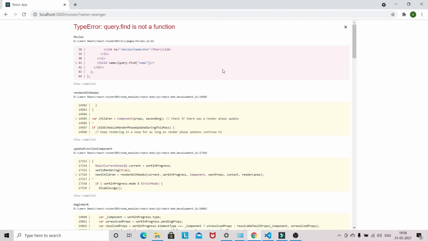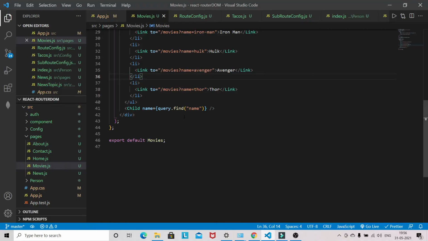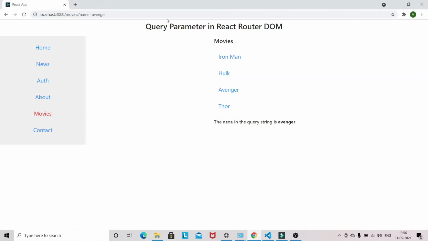Okay, query dot find is not a function. So find we don't have to use, we have to use query dot get. Okay, so let's see. The error is gone, and if I change to Iron Man, then the name in the query string is Iron Man. Likewise for Hulk, Avenger. So this way you can basically extract the query in React Router DOM.